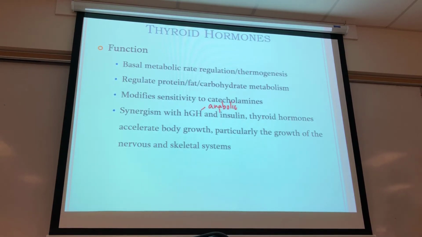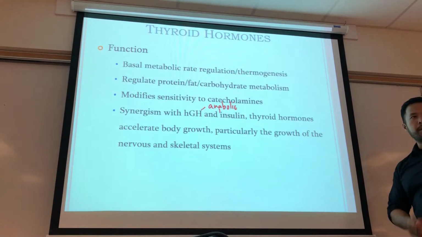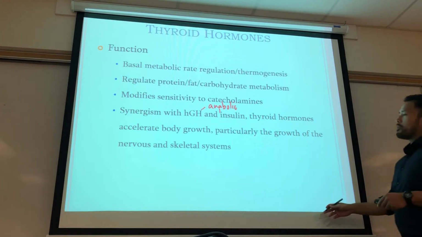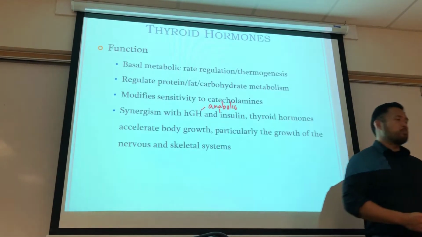Human growth hormone builds things. Insulin builds larger molecules like glycogen. They're going to be involved in building. So combine that with our thyroid hormones, we're going to start to increase our metabolic rate utilizing fat and carbohydrates to start building these big macromolecules for the purpose of growing our skeletal system as well as those